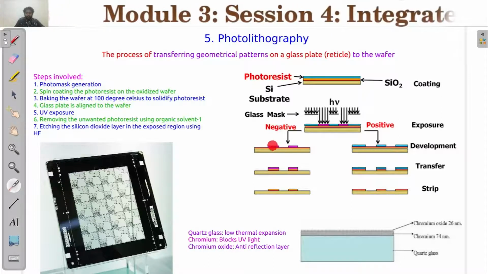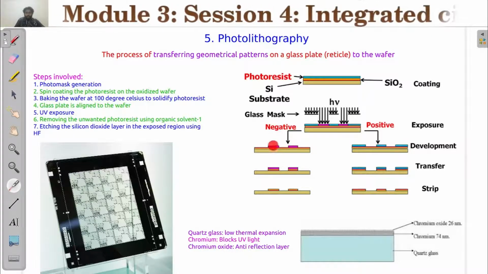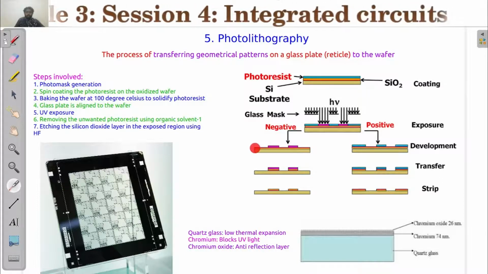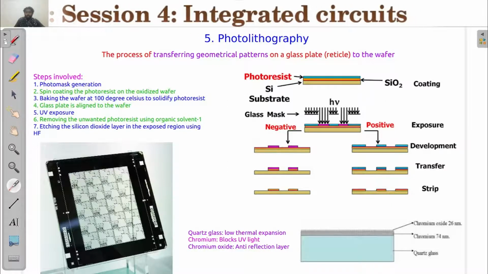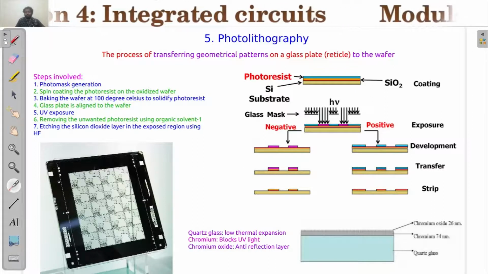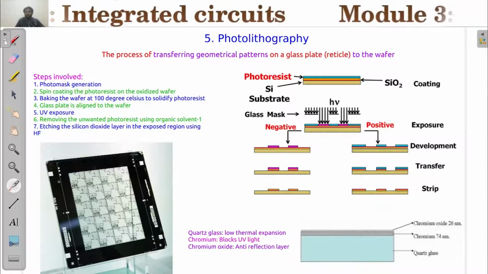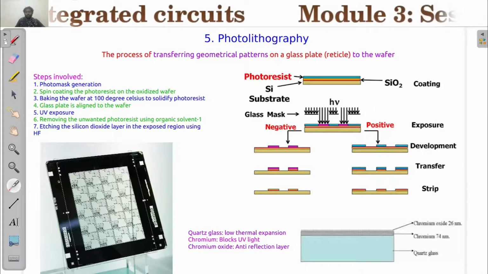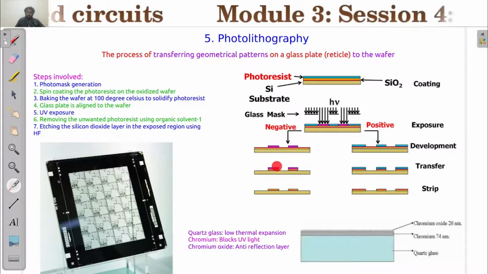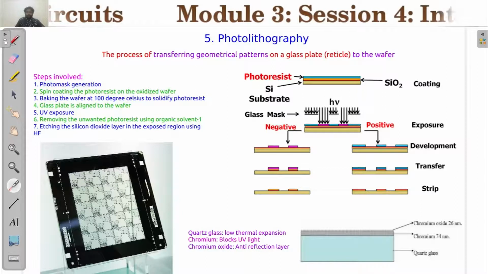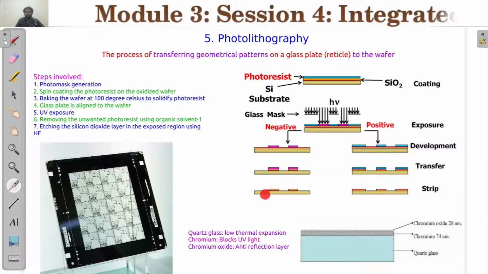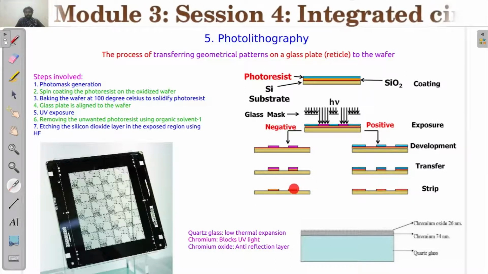The silicon dioxide under the photoresist has a protective layer, and wherever the silicon dioxide is exposed without photoresist, it reacts with the hydrofluoric acid and is removed, leaving the silicon exposed underneath. After that, you remove the residual photoresist from the top of the silicon dioxide layer. So it's just the silicon layer and the patterned silicon dioxide layer.